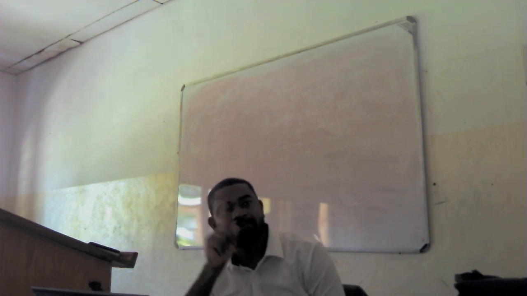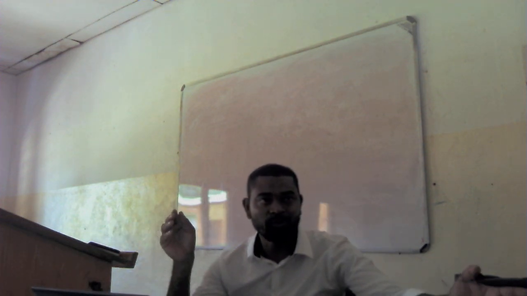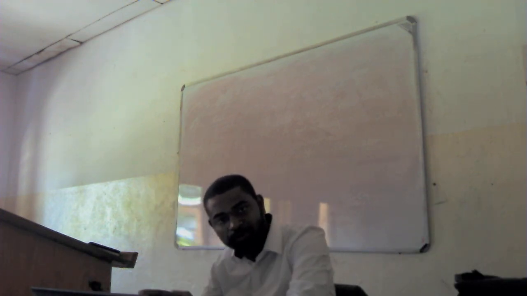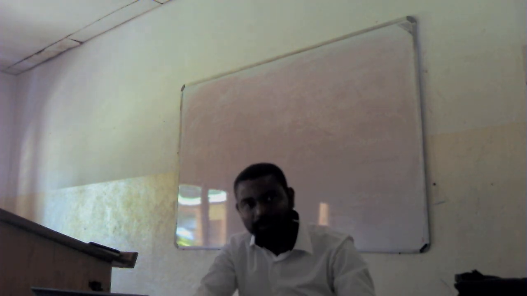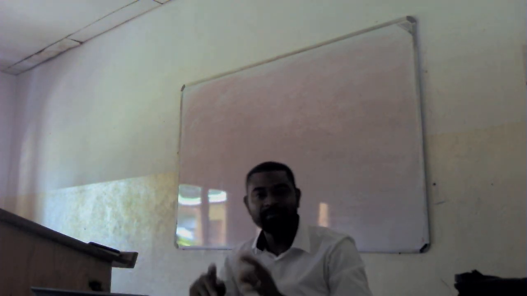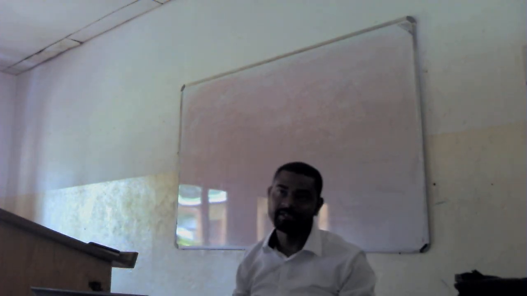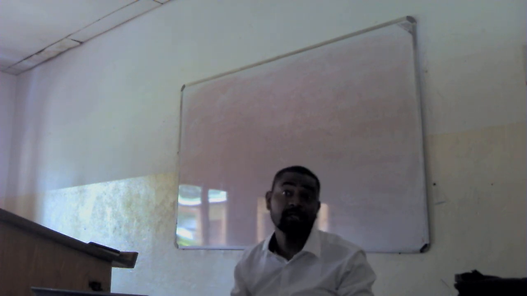So if classes are in Blantyre, it means the rest of the campuses don't have classes. So all the lecturers have to move from Lilongwe to where the classes are. For example, if they're in Zuzu, the lecturers have to move from Lilongwe to Zuzu. Next week, if it's Blantyre, we'll move again from Lilongwe to Blantyre. If it is in Chipata, all of us again will move from Lilongwe to Chipata. That's how we used to operate, because our classes were only once in a